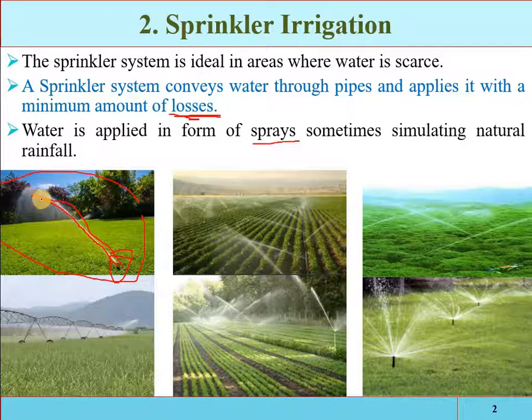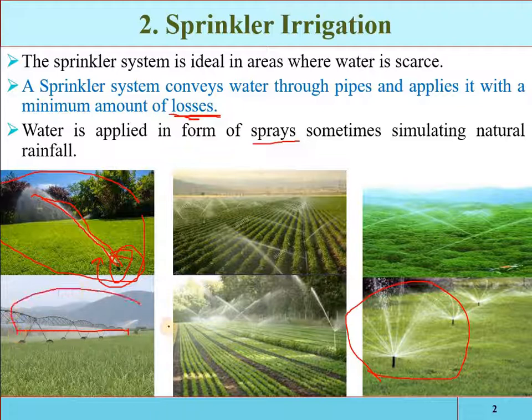So these systems are also called pressurized irrigation systems, and this sprinkler is rotatable through 360 degrees. The whole area will be covered in a circular form, and you can see here that the water is discharged in a circular form. So these are called fixed sprinklers, and these are rotatable sprinklers. Here also you can see that the system is mounted at a center point, and it is rotating through 360 degrees. So these are called mounted rotatable sprinkler irrigation systems.